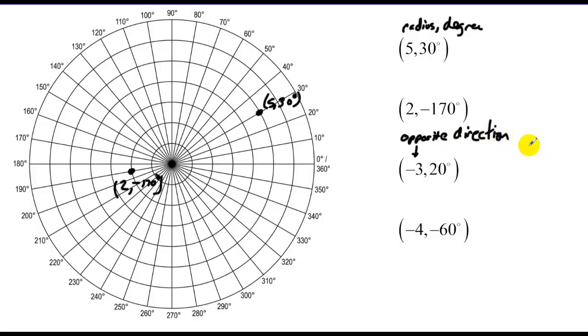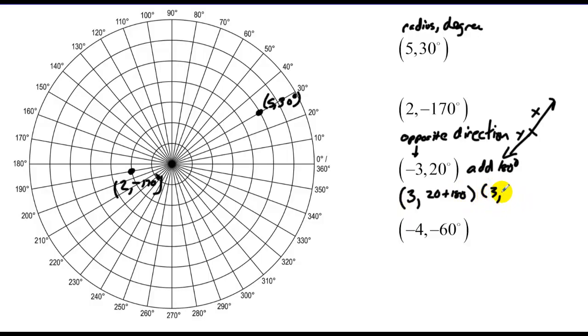If I have an arrow pointing this way, the opposite is this way. So how are they related? Well, if they're completely opposite, they're 180 degrees apart. So that really means add 180 to your angle. So this is really 3 and 20 plus 180, or 3